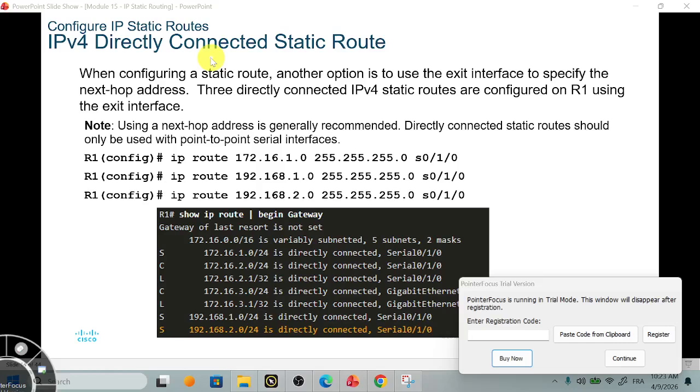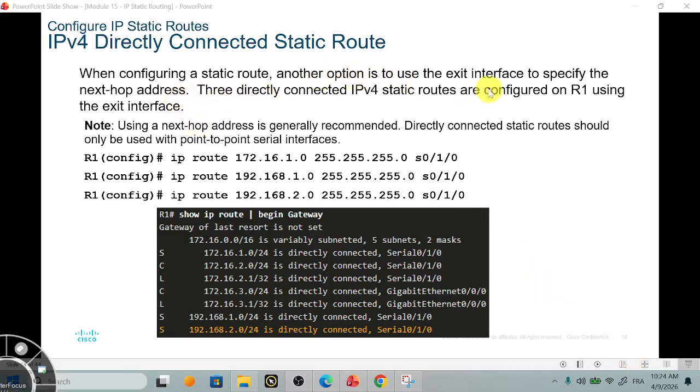Or it could be this router, the final point to a LAN or to Ethernet LAN. Okay, this is why we use this one, directly connected. So the exit interface to specify the next hop. Instead of adding IP as in previous, here we add only the interface. So 3 directly connected IP version 4 static routes are